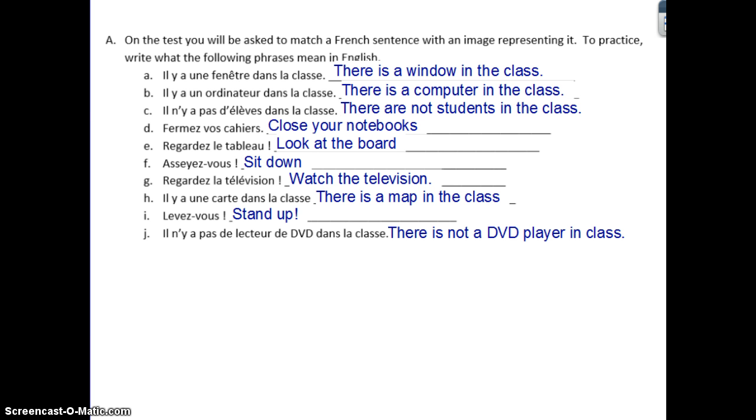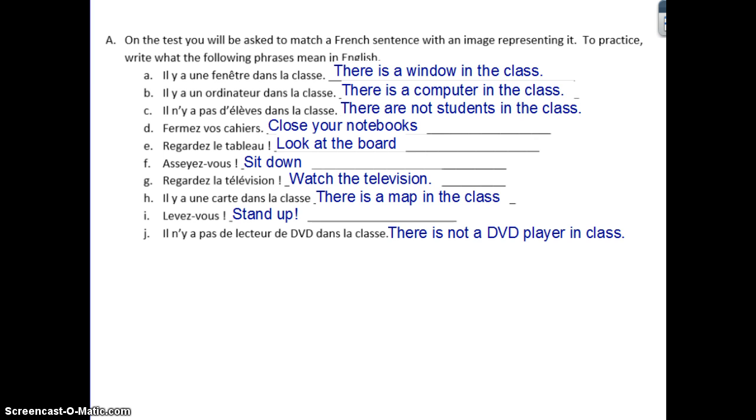Fermez vos cahiers means close your notebooks. Regardez le tableau means look at the board. Asseyez-vous means sit down. Regardez la télévision means watch the television. Il y a une carte dans la salle de classe, or dans la classe, is there is a map in the class. Levez-vous is stand up. And il n'y a pas de lecteur de DVD dans la classe means there is not a DVD player in